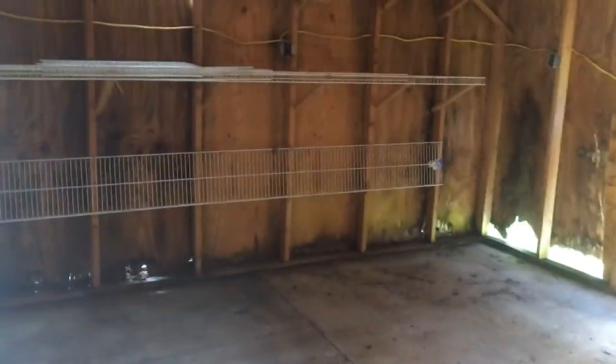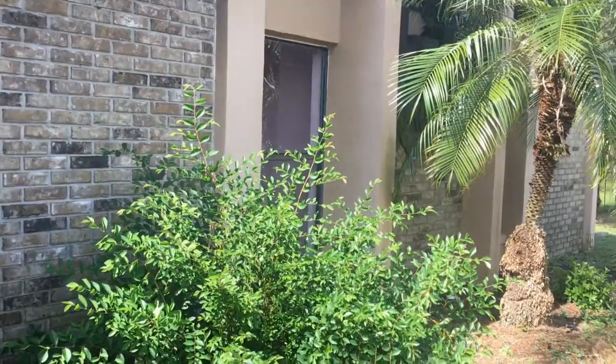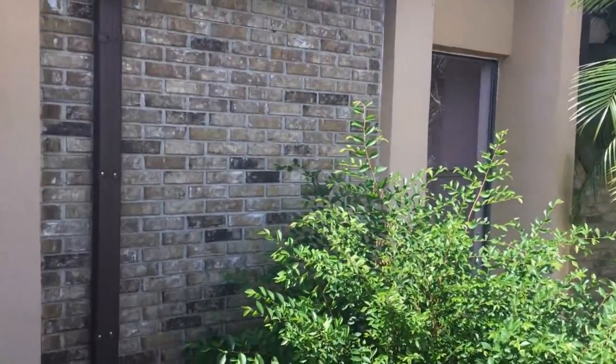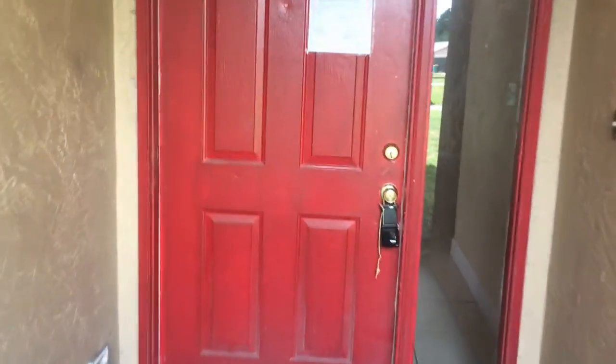Kind of crudely done, but anyway, be that as it may, we'll go now in the front door and see inside the house. Okay, so we're going in the entryway, and we're going to approach this door. This has been very poorly painted, it's awful. But nevertheless, on entry, it does feel cool in here, so the AC does work, which is reassuring. And looking at this kitchen area,